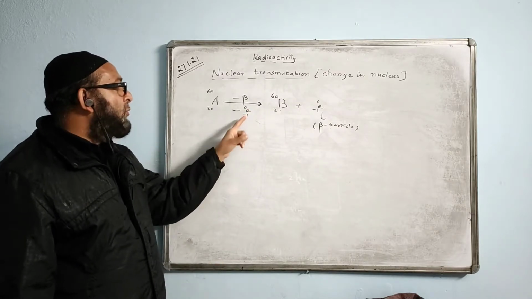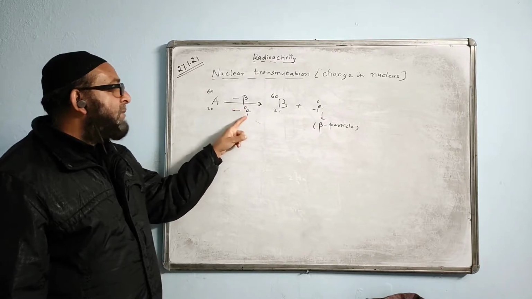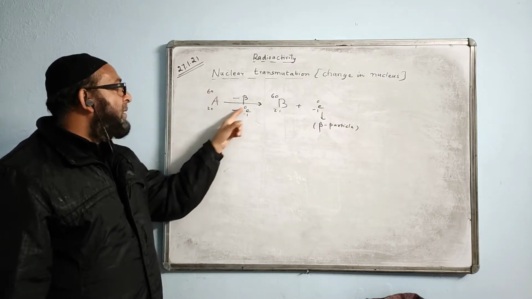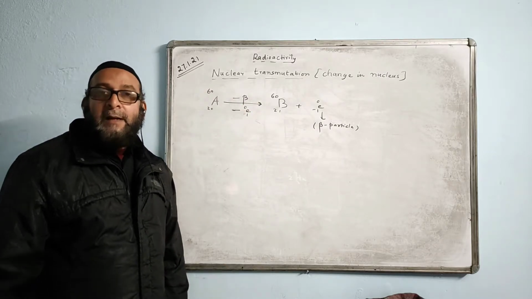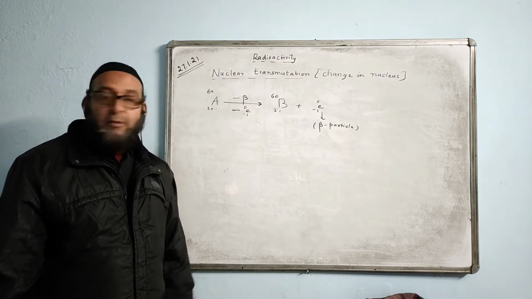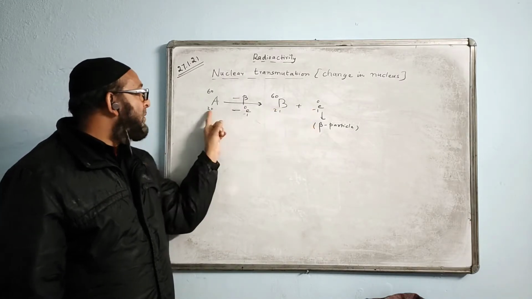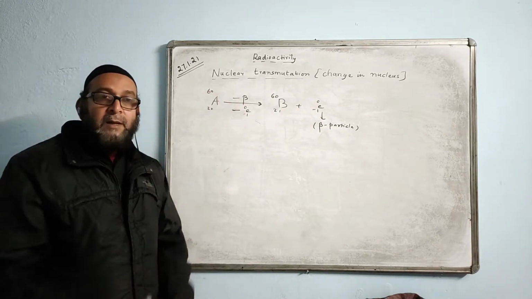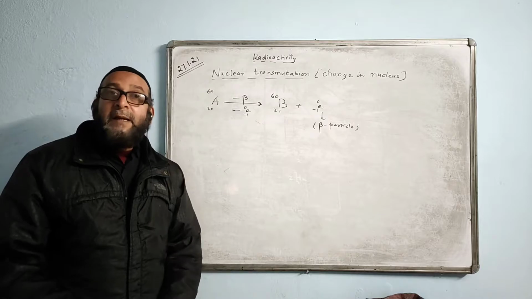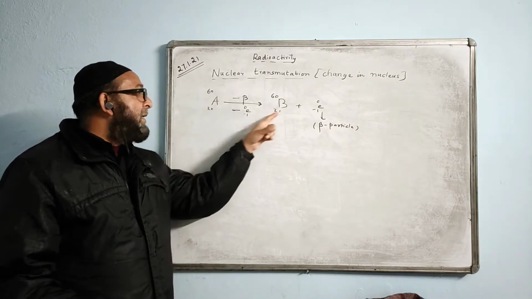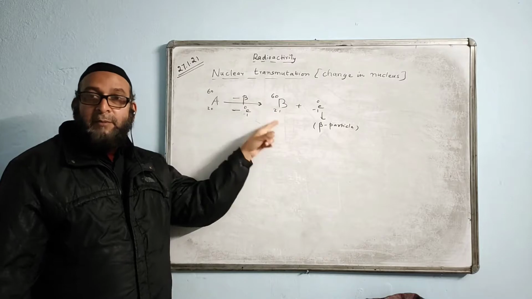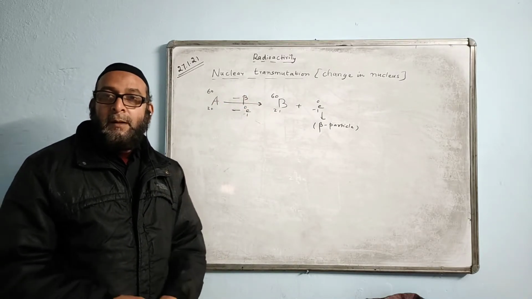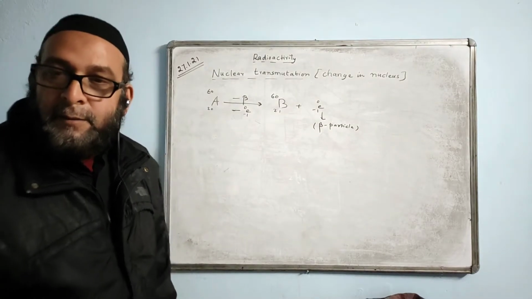Electron symbol is minus 1, 0. The minus becomes what? Plus 1. We have to add now. 20 plus 1 becomes 21. 60 minus 0 also becomes 60. And later on, you can check whether what you have done is right or wrong. Check now here. 21 minus 1 becomes 20. 60 plus 0, answer is 60. On both sides the atomic number and mass number must be equal. When a beta particle is emitted, the atomic number increases by 1. It does not decrease. It increases by 1, whereas the mass number remains the same. So that will happen when a beta particle is emitted.